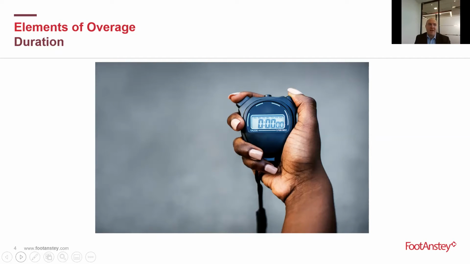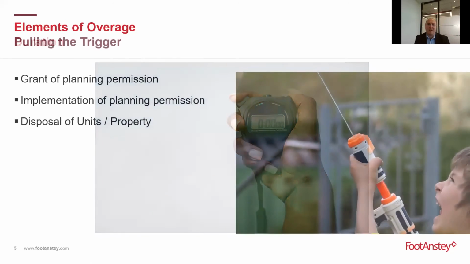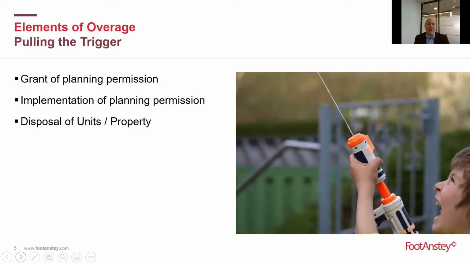So if land, for example, is being sold to a developer who is going to immediately apply for planning permission, and overage is based on that planning permission, then perhaps an overage of 5 years would be sufficient. However, if land is being sold within the Greenbelt and it may not be available for development for perhaps 20 years, then clearly a much longer timescale will be needed. So that's the duration element of an overage clause. The next fundamental element is what will trigger the payment.